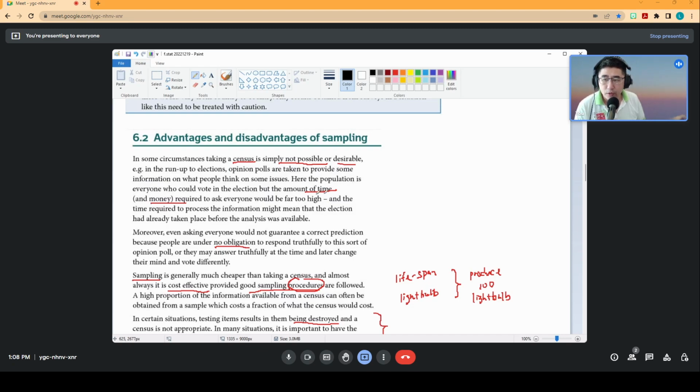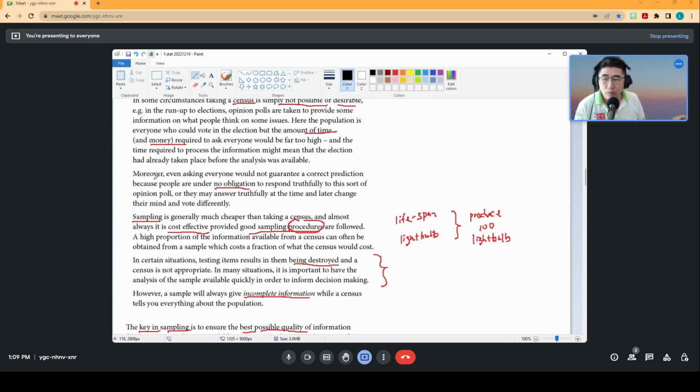Here, the population is everyone who could vote in the election, but the amount of time and money required to ask everyone will be far too high, and the time required to process information might mean that the election has already been held before the analysis was available. So the two most important problems are time and money. Moreover, even asking everyone would not guarantee a correct prediction because people are under no obligation to respond truthfully